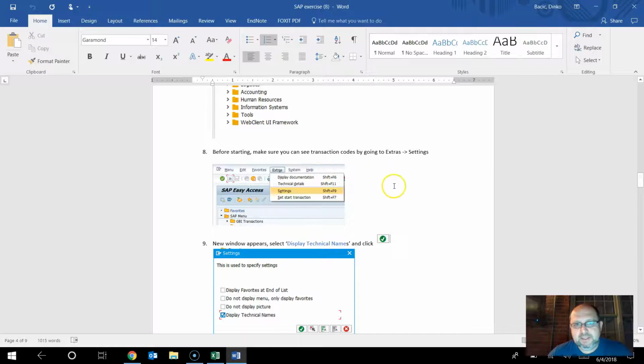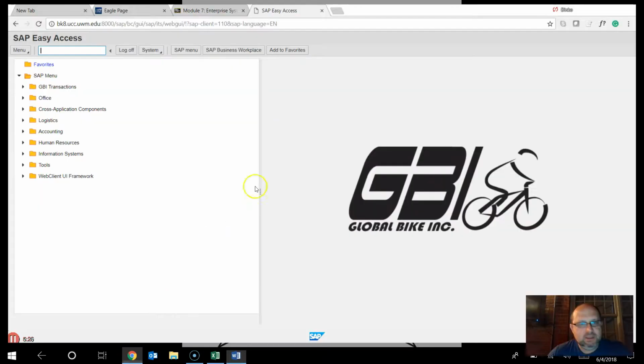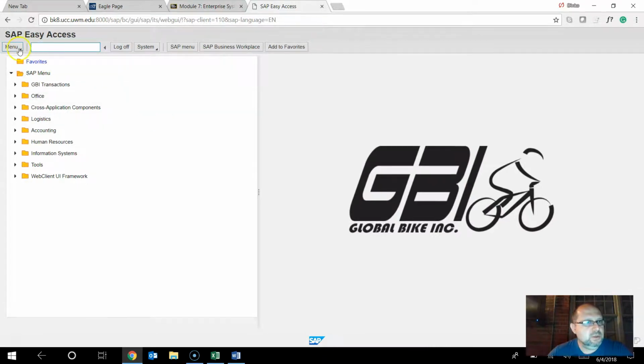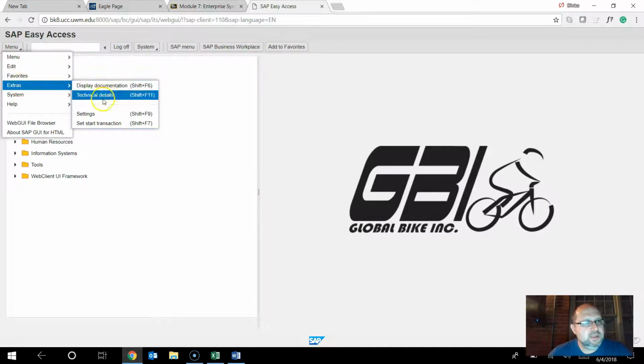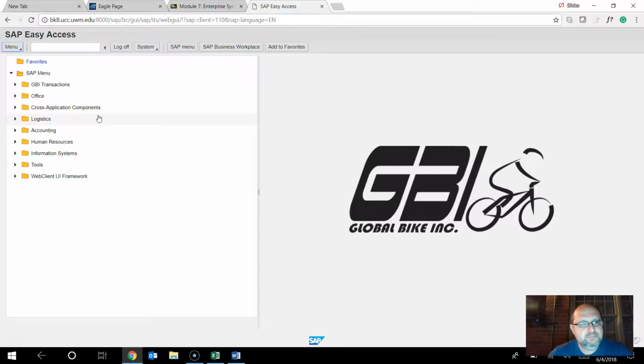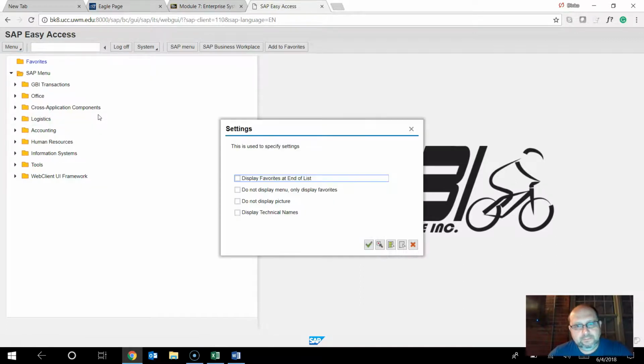So this is slightly different. I want to show you, instead of going here to Extras on top and then Settings, in this one you actually go through a menu option right here and not on top. Click and then you go to Extras and then you go to Settings, and then you click on Display Technical Names and then you say continue or enter,